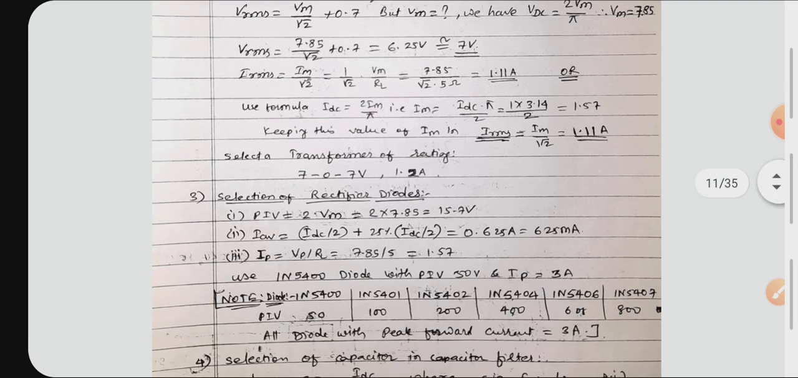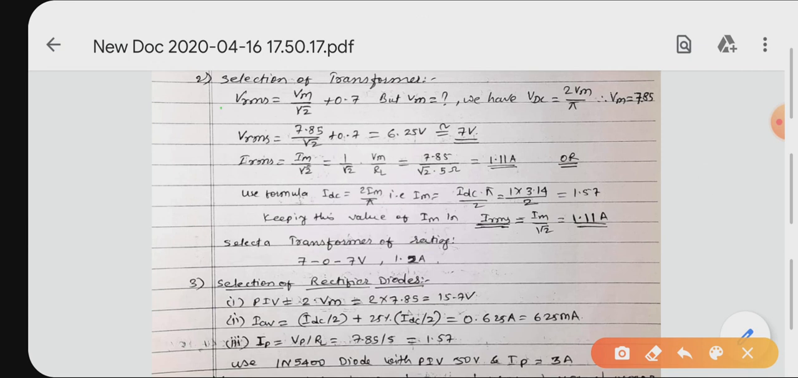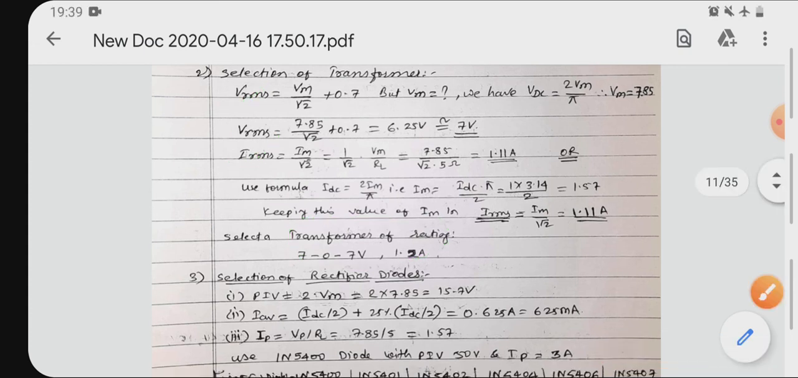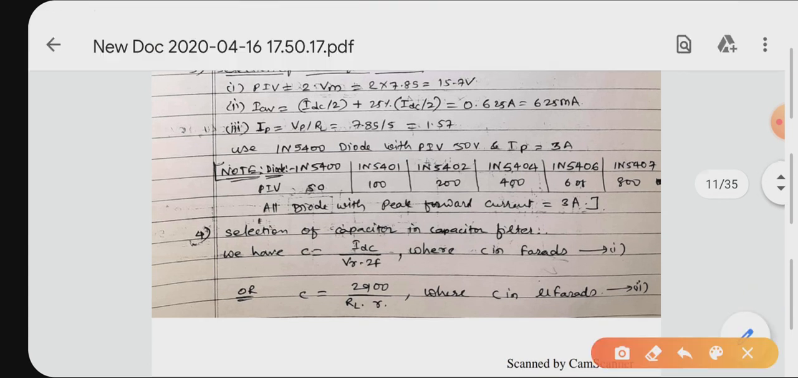Second, selection of transformer. In that, as we have already gone through VRMS and then IRMS calculation, and then transformer rating, as we have decided full wave rectifier, so 7.07 volt 1.2 ampere is the transformer rating. Next one, rectifier diode. In that also you have to calculate PIV, average current, and IP. PIV is 15.7 volt based on that, but the current rating is 1.57. Here unit is not written, it is ampere, so exceeding 1 ampere, so we cannot use that